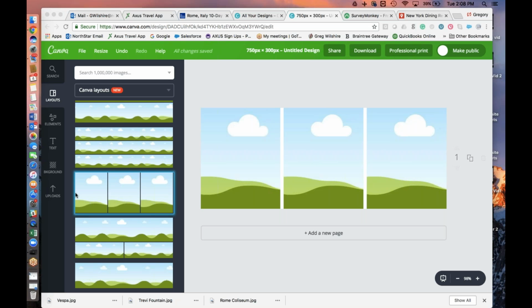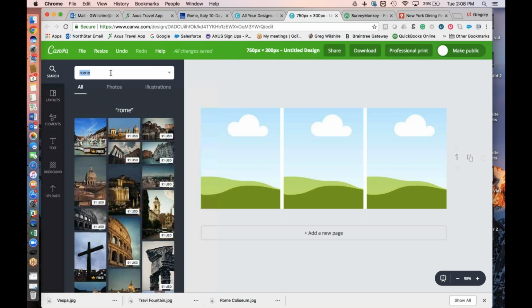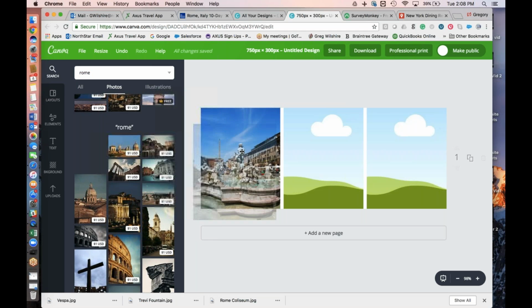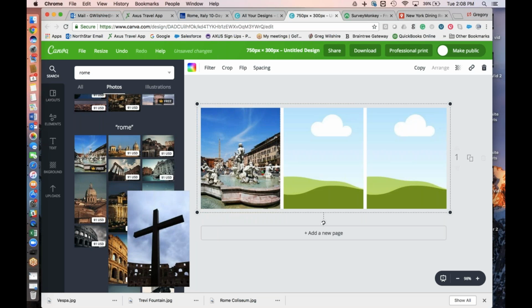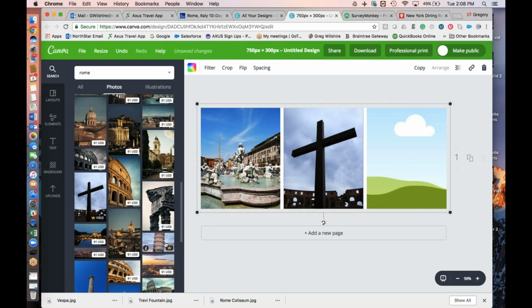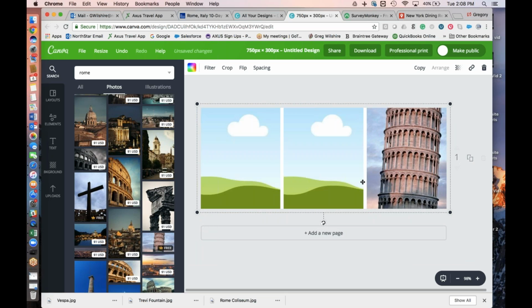So now if you come over here to the uploads option, I'll show you what you can do. There's actually free images inside of your Canva free subscription as well. So if you were to type in something like Rome and click return, and then you can filter it down to just photos, and you can just drag and drop images over to create this tile. You'll see not all of these images are free, which is why I'm not going to focus too much on their images. You can filter it down to only show free images,